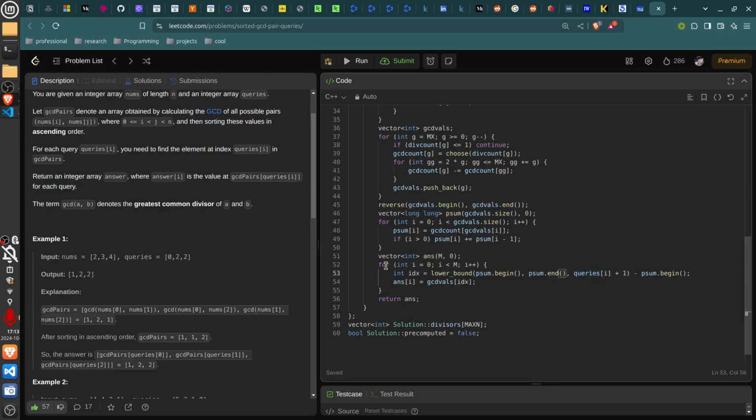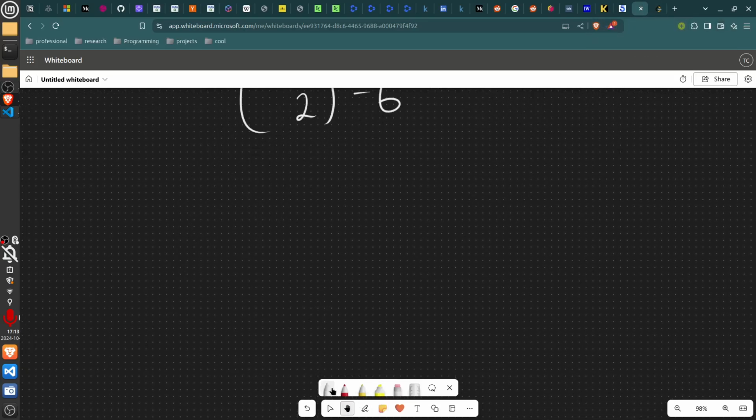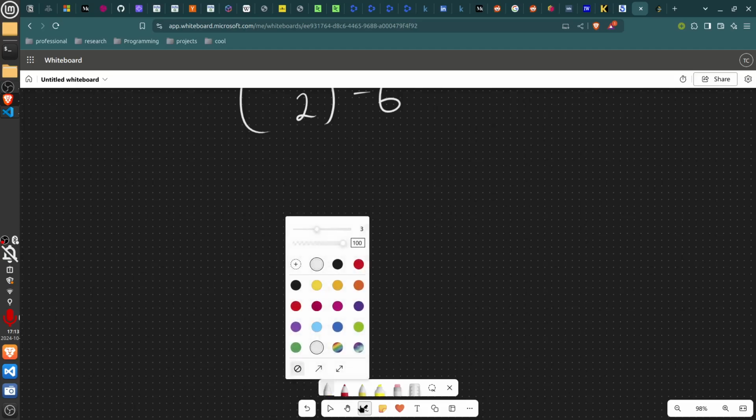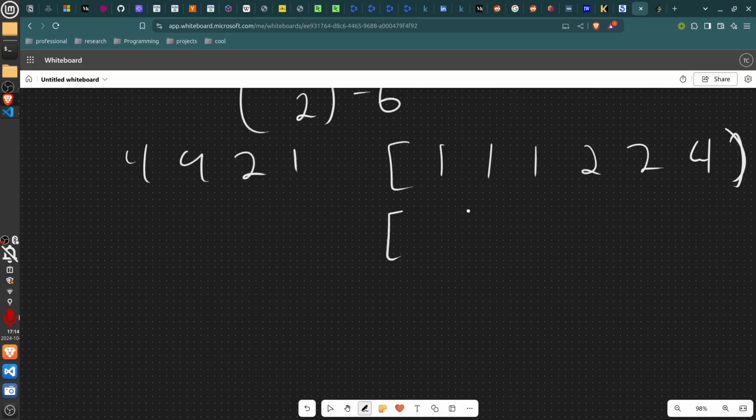Yeah, let me explain this part, because at this point, basically you built this prefix sum up. Let me just go in a little more detail about this one. Essentially, if you had that example where you have the 4, 4, 2, 1, so your GCD pairs are 1, 1, 1, 2, 2, 4. And so your prefix count here would be,